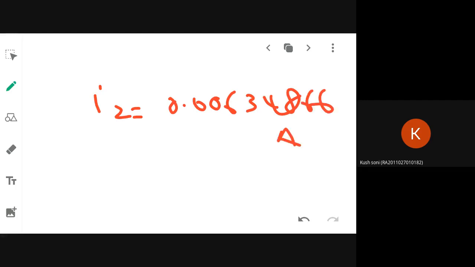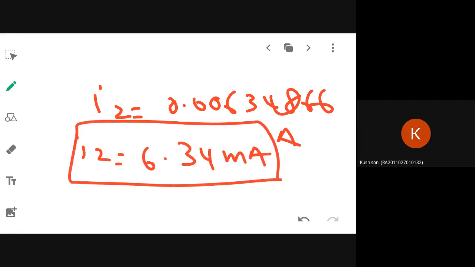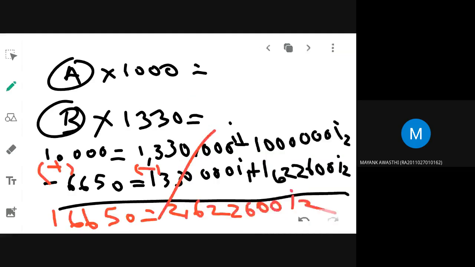I2 is 6.34 milliampere. Are you getting? Ma'am, I2 is 5.38. I have read it wrong. Yes, ma'am, I also got 5.38. Okay, if your answer is okay. But what about that algebraic solution? Or did I make some mistake here? Ma'am, it is difficult to understand 6.3 because of a different equation. You used a different way, huh? Yes, ma'am. Okay, so if you are getting I2, this is the way you have to solve the algebraic equation.